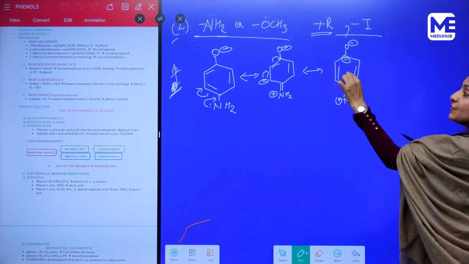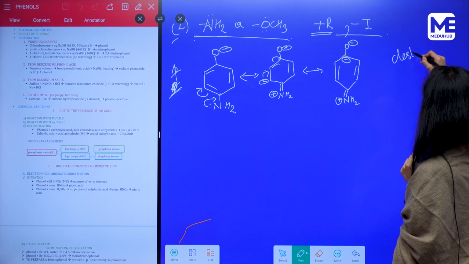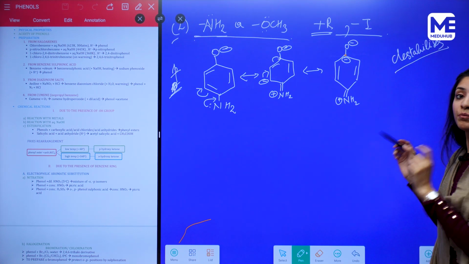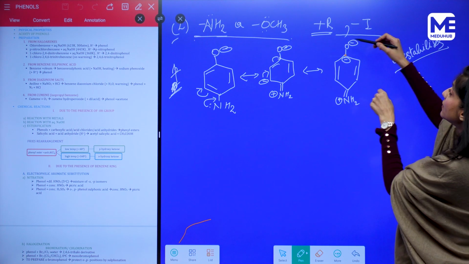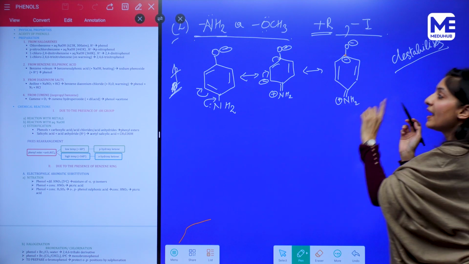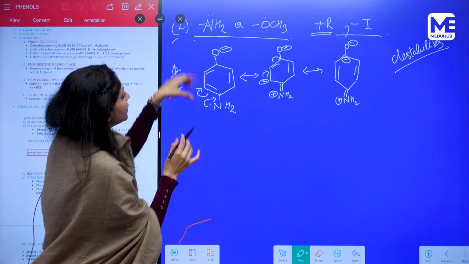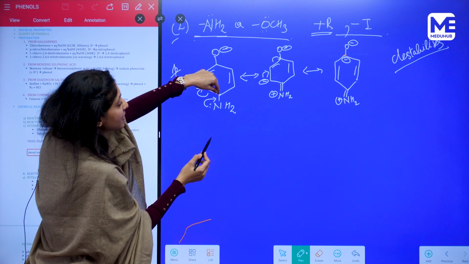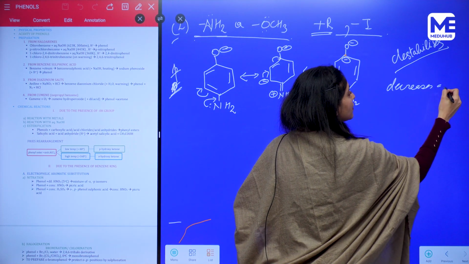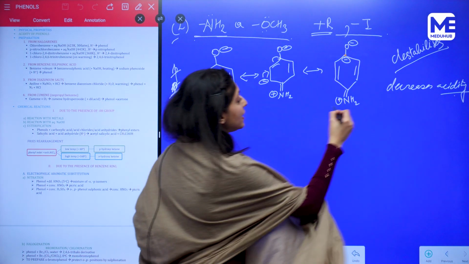Now, the negative charge on this particular carbon here destabilizes the phenoxide ion because it is preventing the plus R effect of this, the delocalization of this negative charge into the ring. Hence, if we talk about a para isomer, the phenoxide ion of a para isomer where the NH2 group is here decreases the acidity because it decreases the stability of the phenoxide ion. So it is a weaker acid